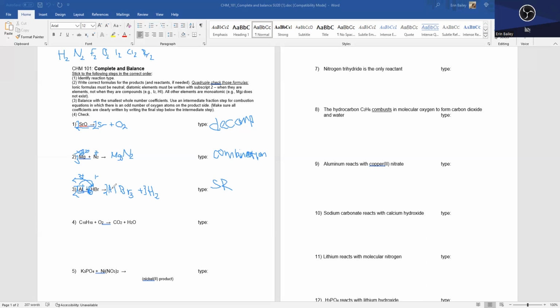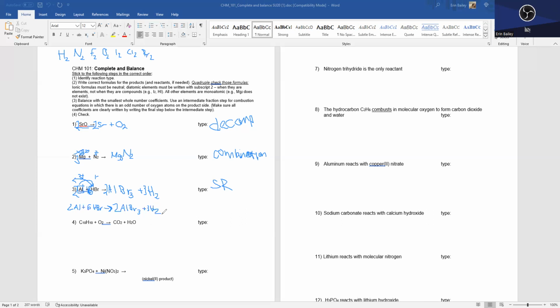Then whenever it comes to aluminum here, we've already had this 2 here to equal the 6 bromine so that they can cancel, so that they can be equal on both sides. So then we're also going to have to add the coefficient 2 over here. So it's going to finish out looking like 2Al plus 6HBr creates, or reacts to create, 2AlBr3 plus